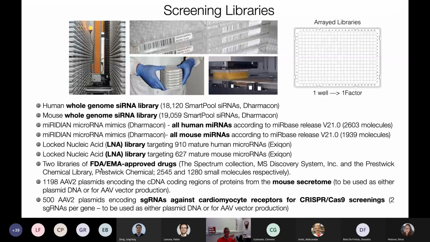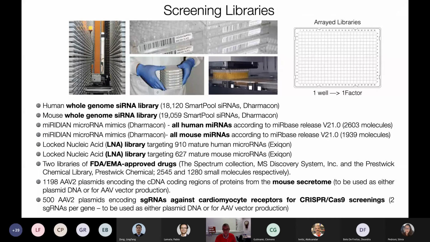And we have 2 collections of FDA EMA-approved drugs, one of approximately 2,500 drugs and the other of 1,200 drugs. Then we have 1,200 plasmids encoding proteins from the mouse secretome. The mouse secretome has approximately 2,000. Here there are 1,200. And then we have 500 plasmids encoding single guide RNAs against the vast majority of receptors